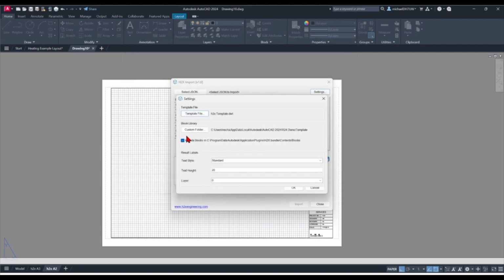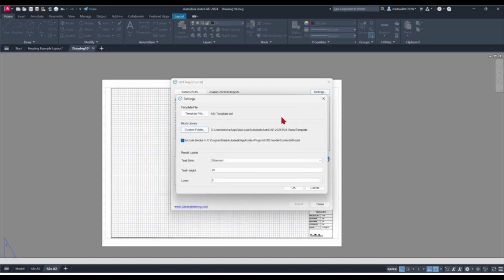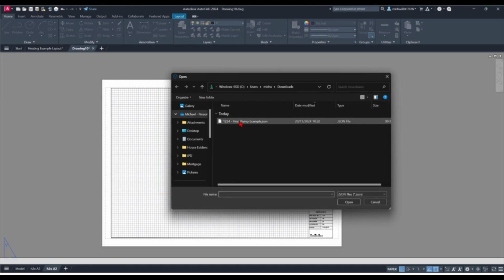You can also add your own custom block library, and you can edit the folder location in here. This is going to take the custom blocks for things like valves, radiators and pieces of plant and add them into your AutoCAD drawing along with the locations of each item. Once you're happy with those system settings, you can then go and select your JSON here,